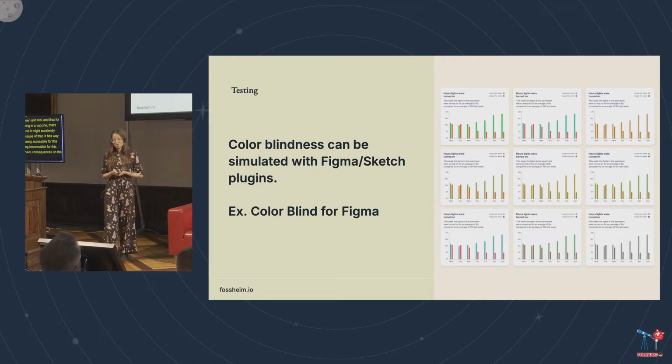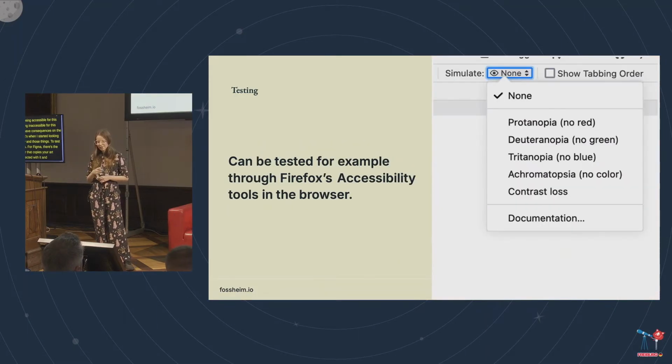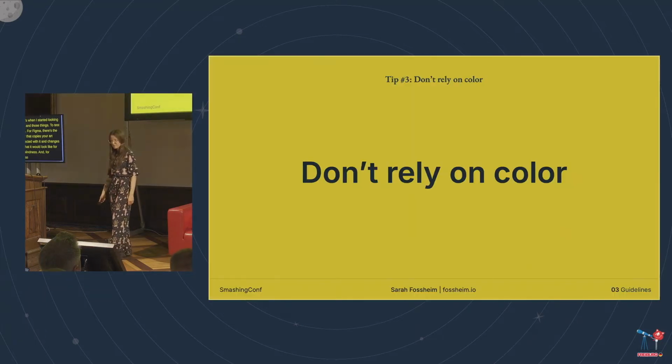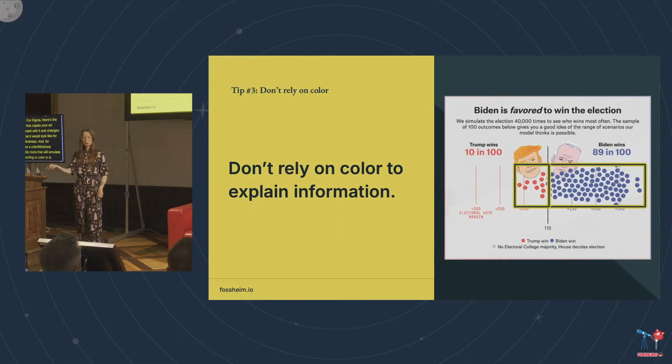And to test that, we can also, again, use plugins in, for example, Figma. There is the color blindness simulator that copies your artboard that you have selected with it and changes the colors to simulate what it would look like for different types of color blindness. And, for example, Firefox also has a color blindness checker in the accessibility tools that will simulate this. But the biggest tip regarding color is to not rely on color,